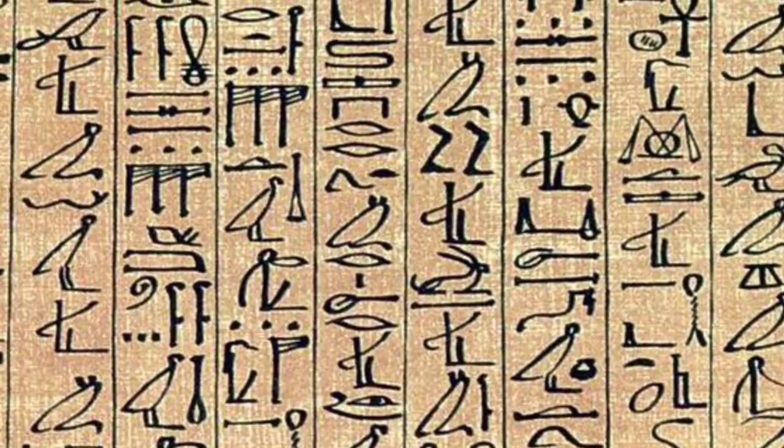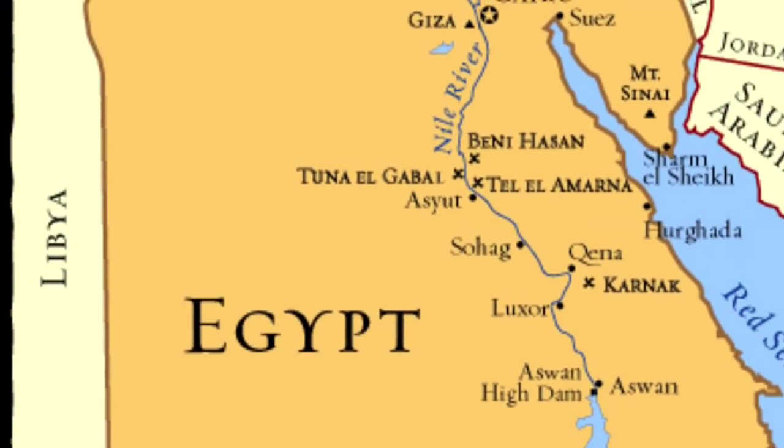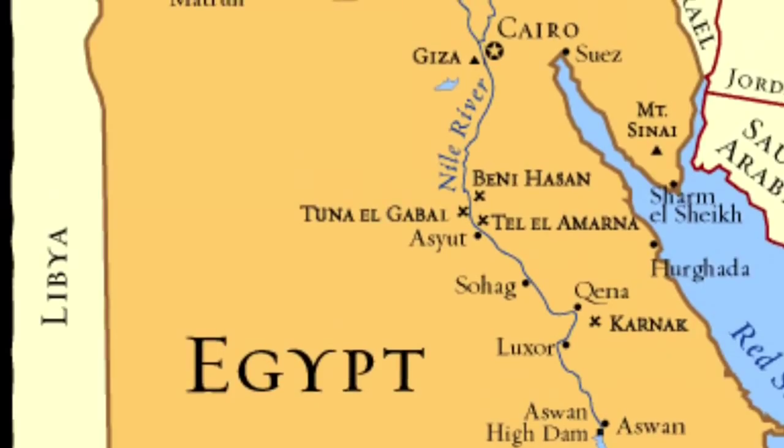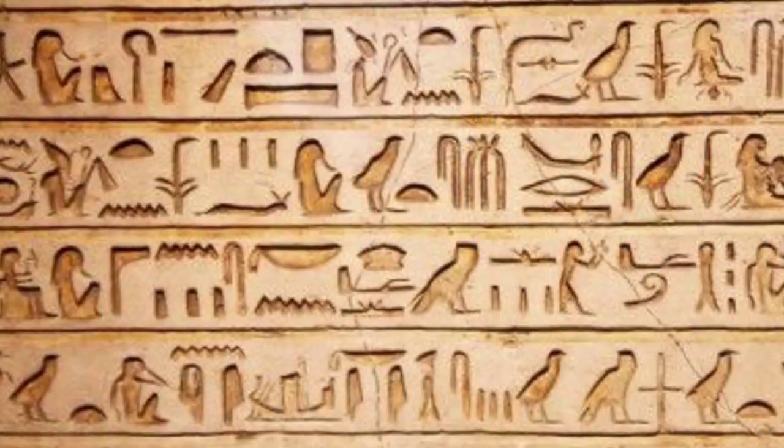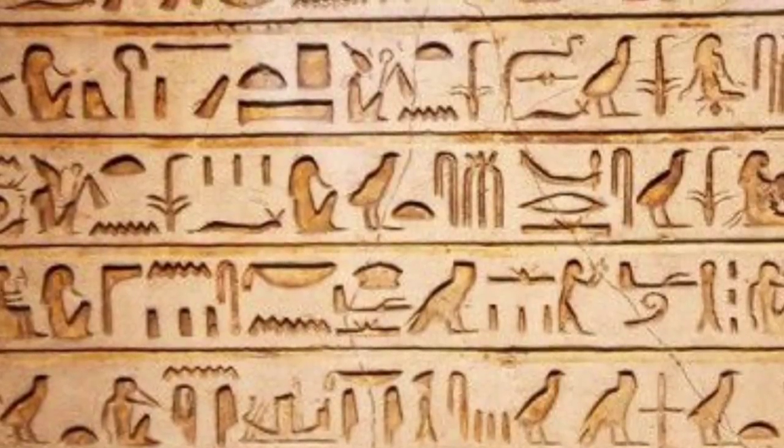Moving on to the hieroglyphics system used in ancient Egypt, it had between 700 and 800 basic symbols, called glyphs. Egyptians wrote hieroglyphics in long lines from right to left and from top to bottom. They did not use spaces or punctuation.